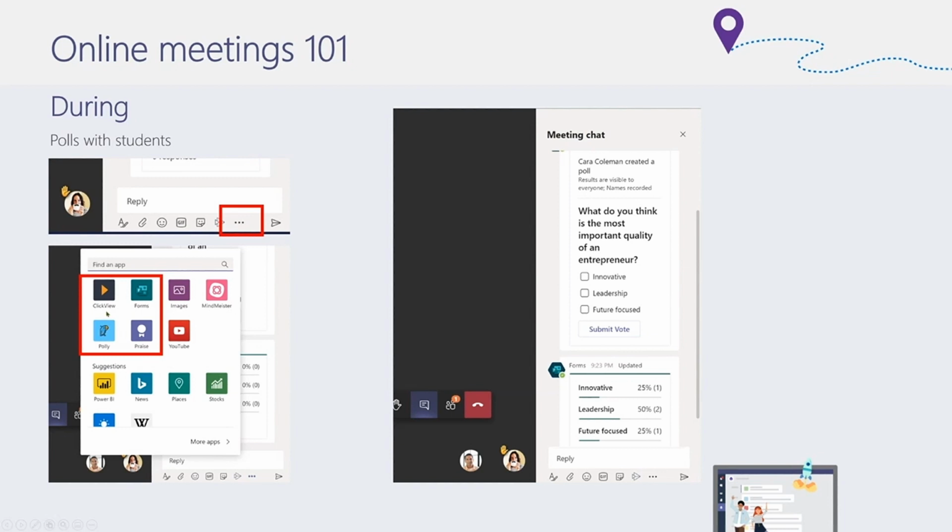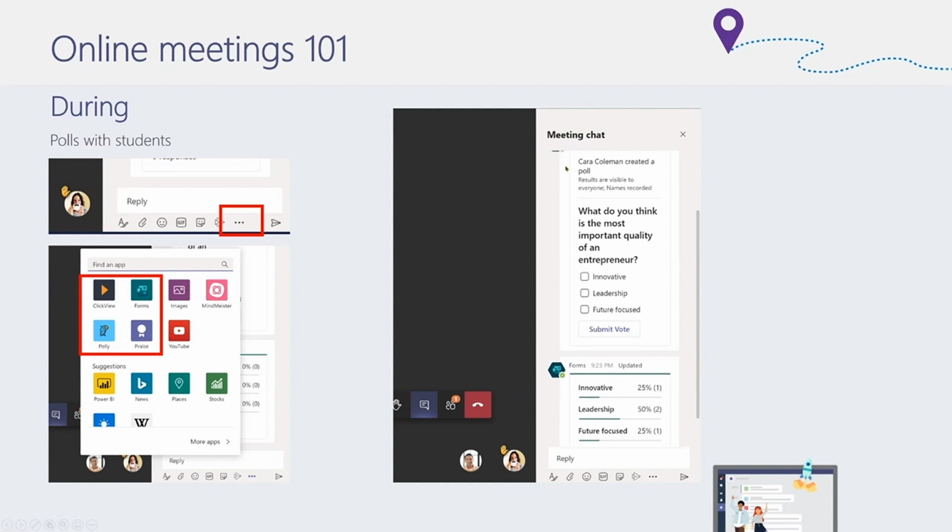So as we go then to our right hand side where we've got this meeting chat, having clicked on Forms from the 3 dots, it's going to say to me, what would you like to ask it? So we can construct our question like we would normally do when we're in our normal conversations in Teams. We can construct our question from within there and create that. And then it will go away and it will create from within our chat inline this actual question.